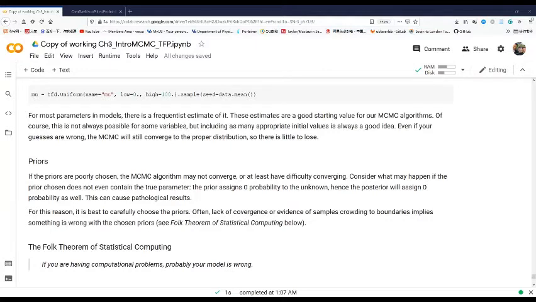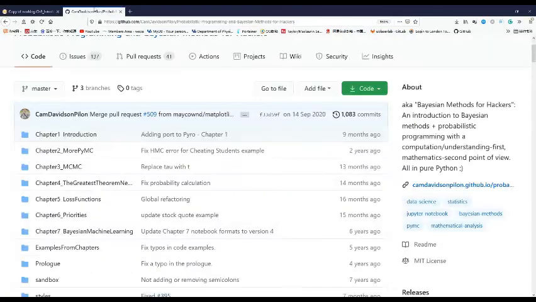And one last tip for the Monte Carlo method is that you need to choose the priors very carefully, because if you choose a very bad prior, then it's probably you will never get converged in the end. So that is to say that you can use a guess to get it started, but it's going to be a pretty smart guess. Alright, so today I just show you guys one chapter in this repository,